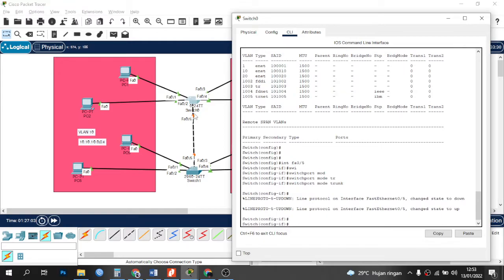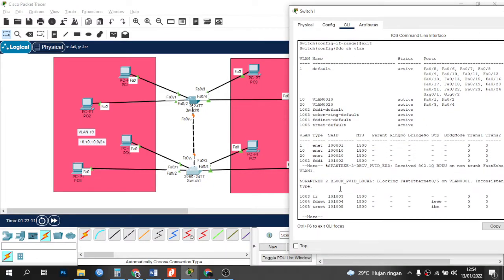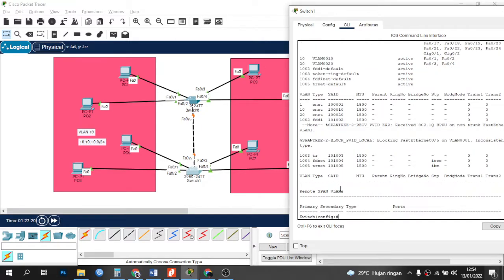Okay, now let's go to switch 1. We enter the interface that leads to switch 0 and type switchport mode trunk.